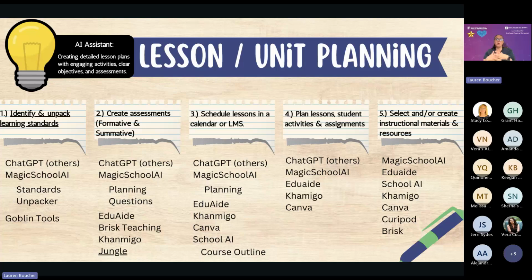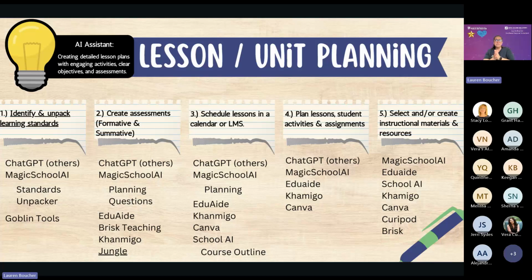And if you work with other teachers and you coach, you're definitely going to want to coach teachers through developing their own workflows. So these are just broad strokes, but I've provided the different AI tools that might assist not only in creating the workflow, but then moving through that process to save some time.